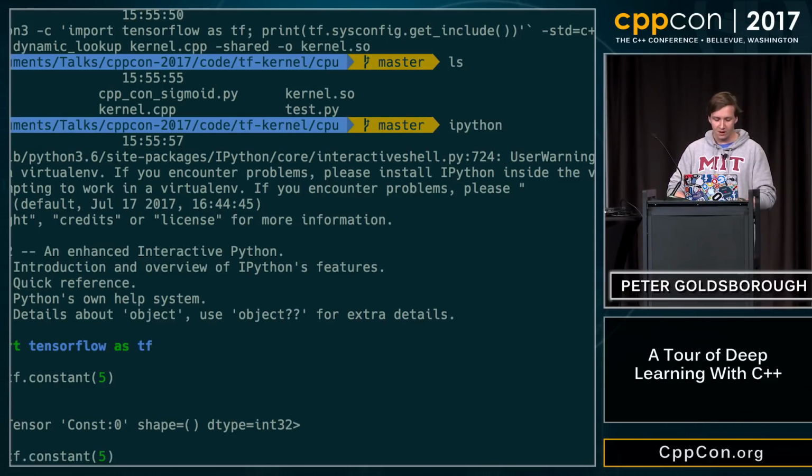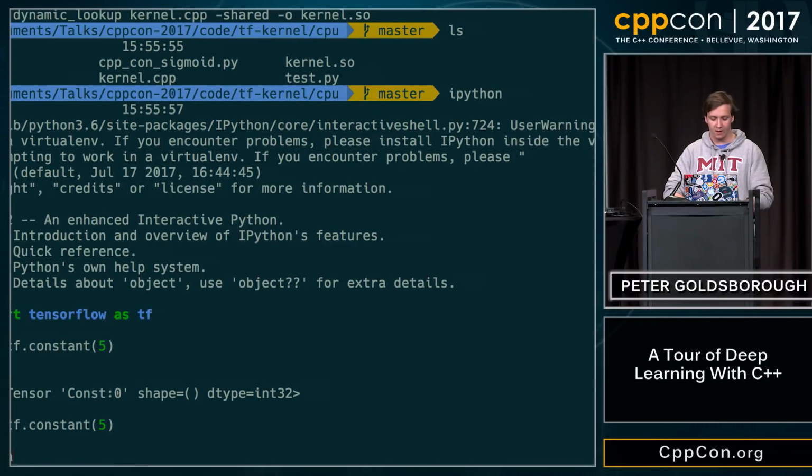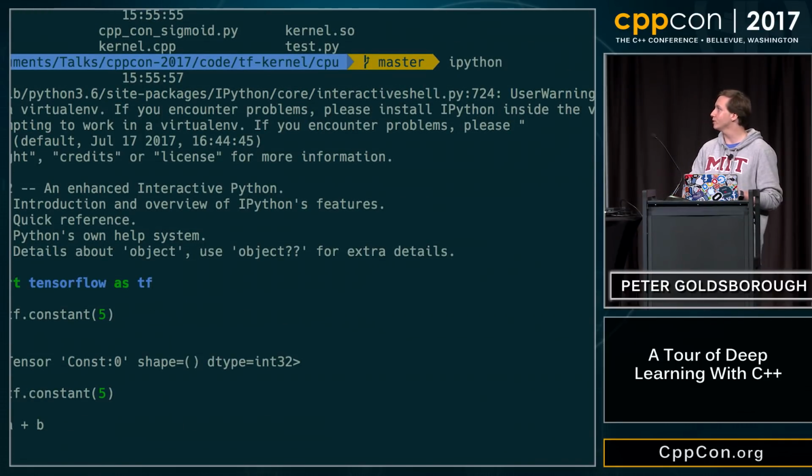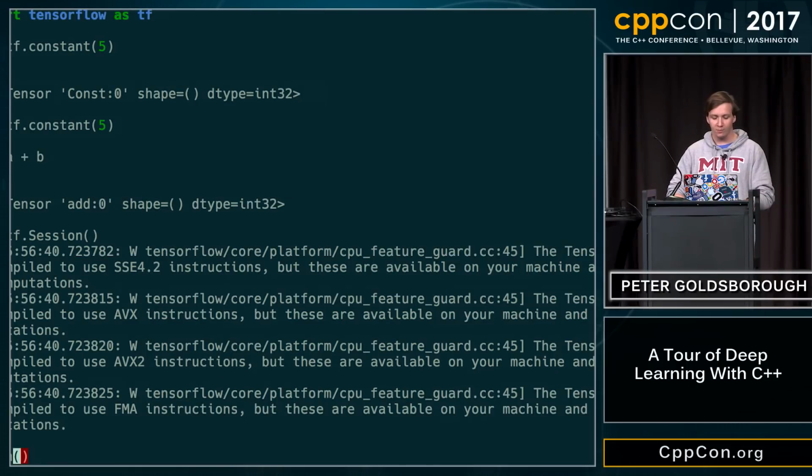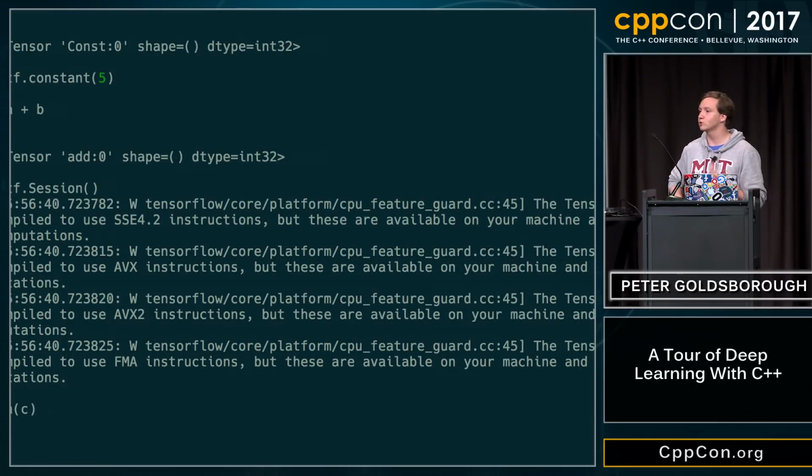And if I define B and then C as A plus B, C is not a value, it's just an operation representing this computation graph. And then you usually have to do something like define a session, that's what TensorFlow calls it. And then you can pass to the run method of that session your tensor, or your computation graph, and it would map it to devices, map it to multiple machines if you have multiple machines, but ultimately produce the actual output value. So that's what static graph means.